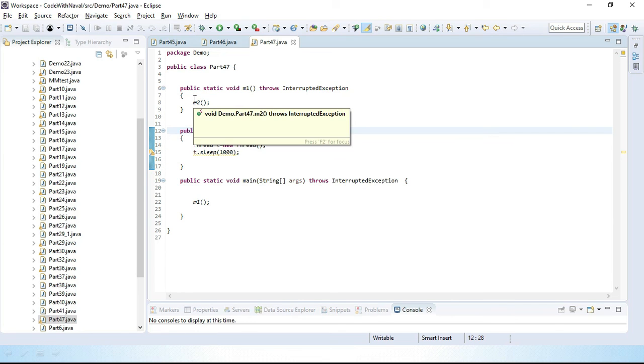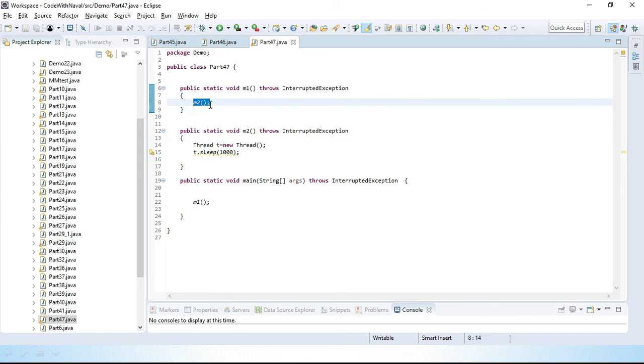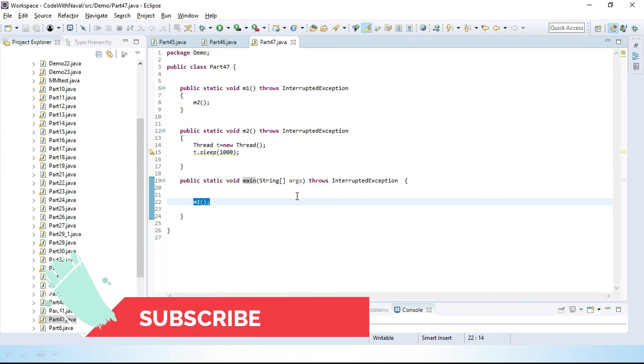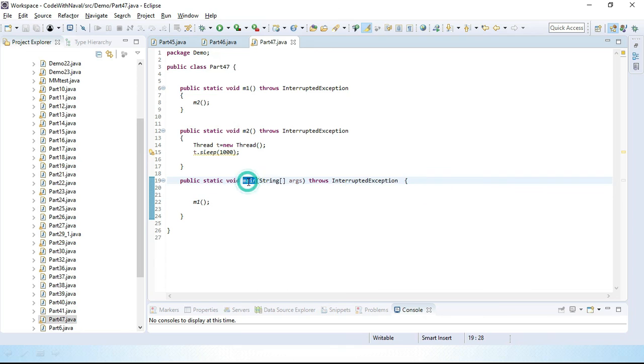If we want to handle it, we can handle it here, otherwise we can delegate it to the main method. The main method is called by the JVM, and whatever exception is delegated to the main method, the JVM is responsible for handling.